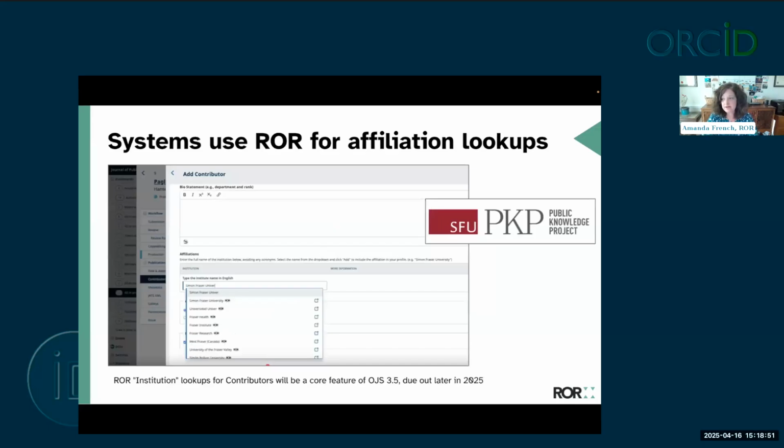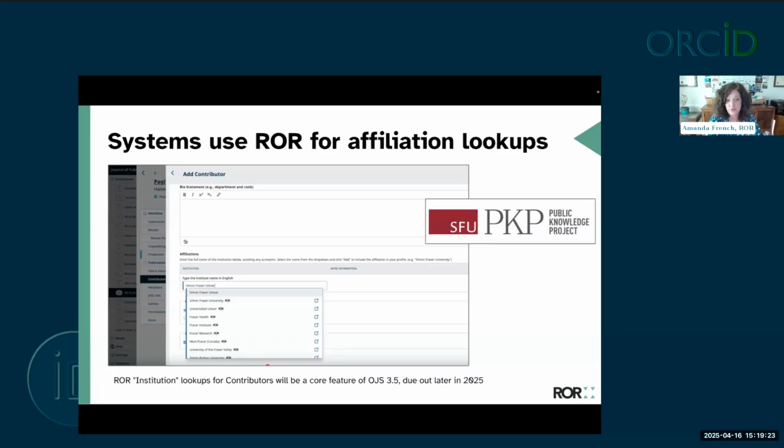And then here's an integration that is coming this year. OJS, Open Journal Systems, is one of the most widely used publishing systems in the world. It's very widely used outside of the US and Europe, as well as in the US and Europe and Canada. And here you can see the ROR logo, but similarly in the forthcoming version of OJS, which is due out later this year, probably in about a couple of months, OJS version 3.5 has ROR built into the functionality of